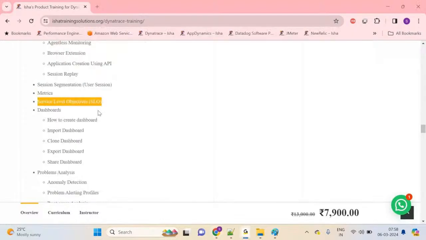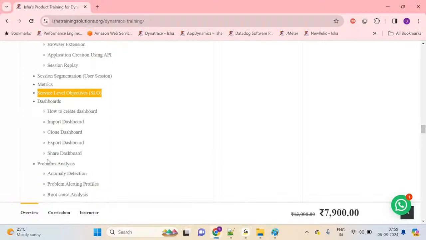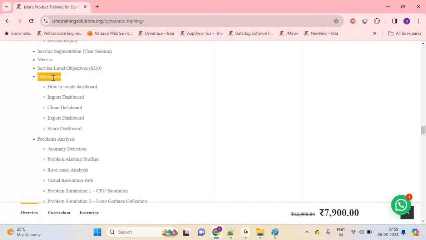So any SRE, site reliability engineer, they want to do their activity. First, they will do SLI, SLO, SLA definition: service level indicator, service level objective, service level agreement, right? That level of discussion we are also going to do during the SLO. And then dashboards, which is a very key functionality, I would say, because many organizations are